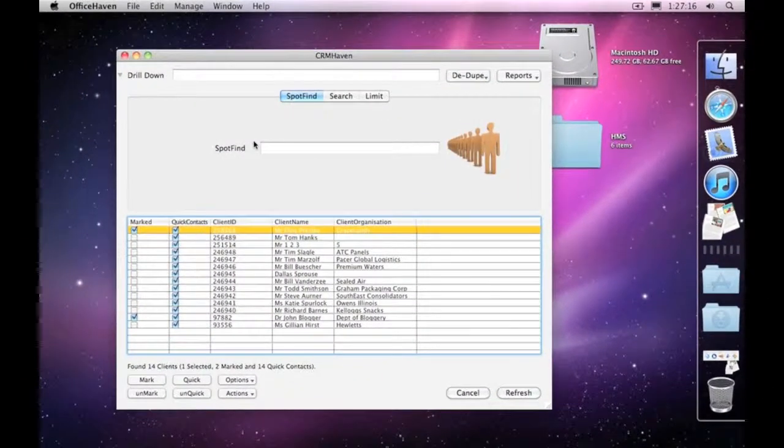In this session we're going to have a look at how you might want to clean your client's attributes within CRMHaven. Now you may well ask, well, why do I need to clean my clients at all? Well, it could well be that you're wanting to put a lot of data in and change data on a group of records in one hit rather than individually, but also you may want to get the computer to go off and work through thousands or tens of thousands of clients all in one go,